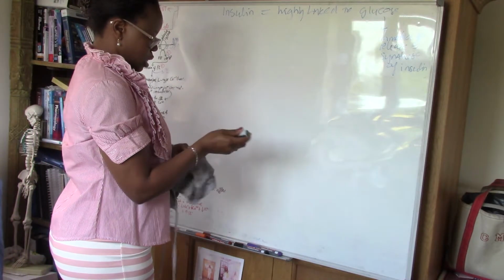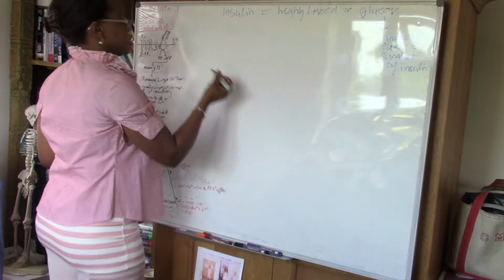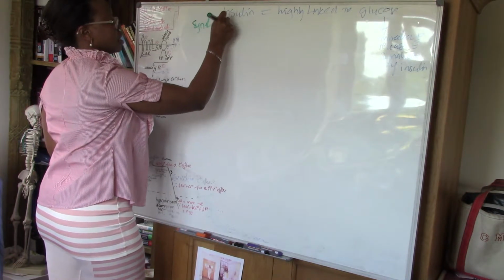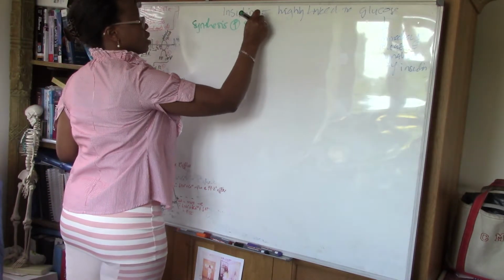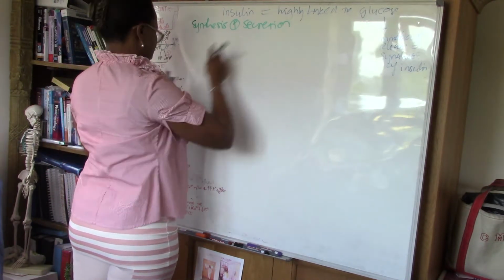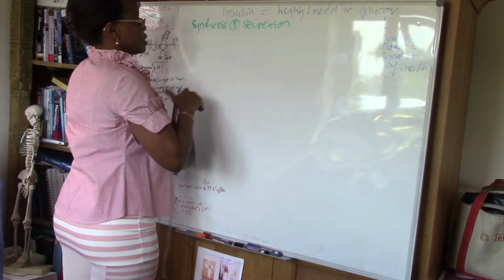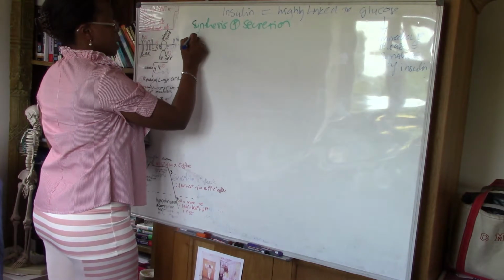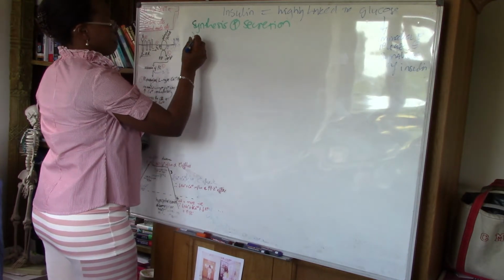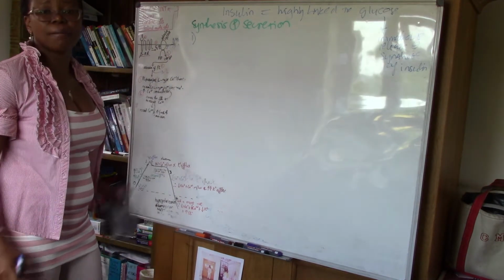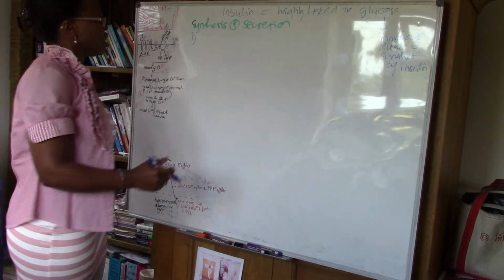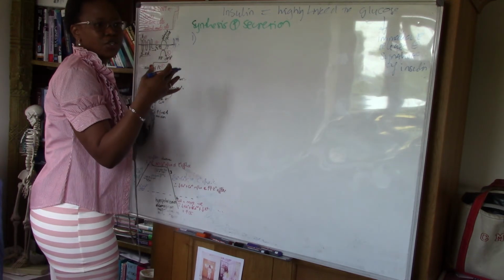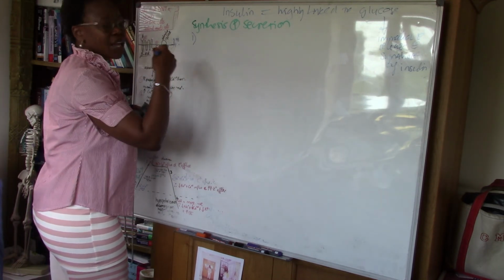So, insulin synthesis and secretion. It's quite straightforward, really. It's made in a few steps. Number one, once DNA has been synthesized from the chromosome, and then